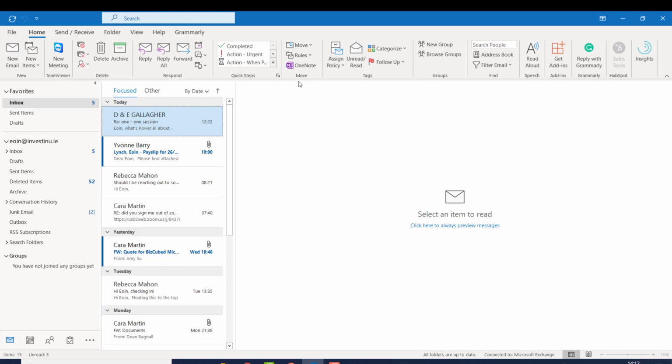A lot of people compare quick steps to rules and alerts. But the difference here is rules run automatically. With quick steps, the email comes in, then you decide, then you click on your quick step. Now, as I said to you, I have a number of them here. Now, whenever I'm demonstrating my,